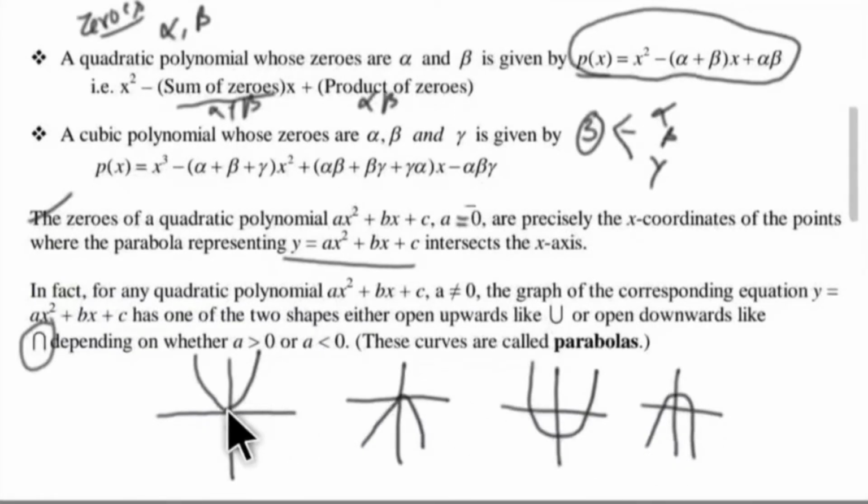In this, only one solution is there because your graph is cutting the x-axis at only one point. Here also only one. Here two solutions are there because two points intersect. This graph intersects the x-axis at 2 points, here and here. That's why two solutions are there. Here also the graph cuts the x-axis at 2 points, here and here. That's why two solutions are there.